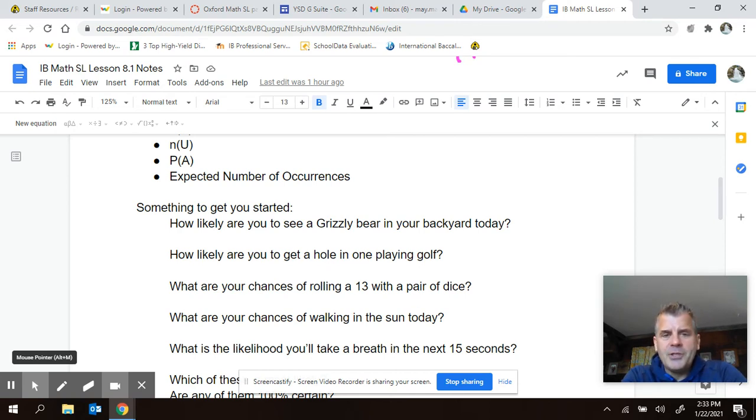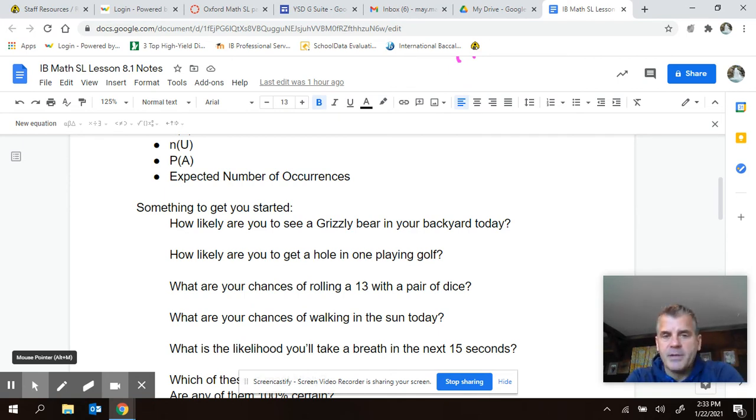And so let's look at the third one. What are your chances of walking in the sun today? Well, I'll tell you what, your chances of walking in the sun today are way better than if you were living in the North Pole. So again, I know we're supposed to leave some of that out. Yakima has a lot of days of sun. Your chances of walking in the sun today, probably greater than 50%, I would say. I'm just speaking in general. All right. And then the third one, I think I called that the third one. That's the fourth one. But let's go back up to the third one.